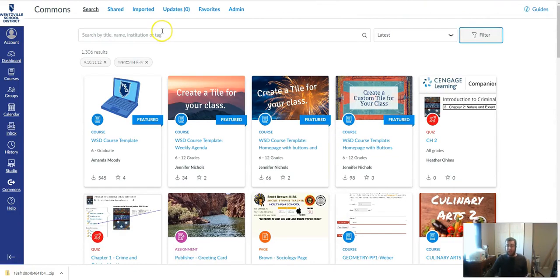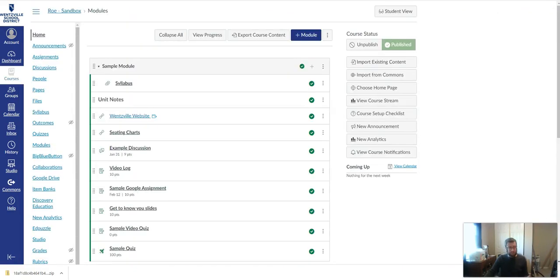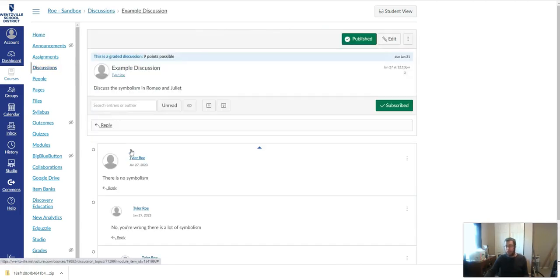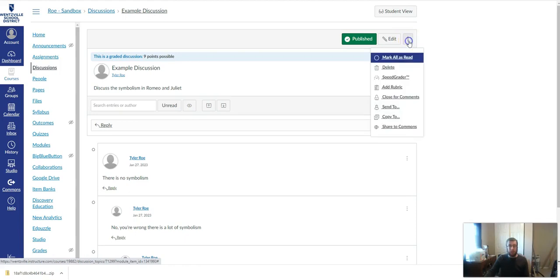If you want to add something to the commons, all you have to do is go to your course. Let's say I want to do this discussion here. I wanted to add it to the commons because maybe I think it's a great assignment and other people could benefit from having it. Or maybe I'm collaborating with people. I want them to be able to easily access it both now and in the future. So rather than just simply send it to them, I want them to be able to access it now and every year after. So whenever you're on the assignment, discussion, whatever it is, you click the 3 dots up here,